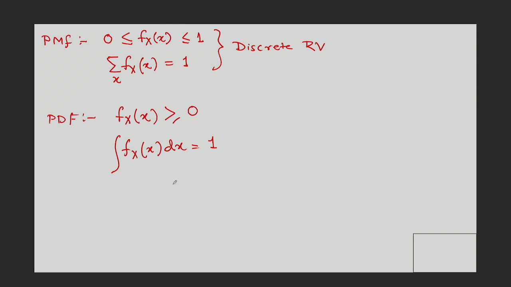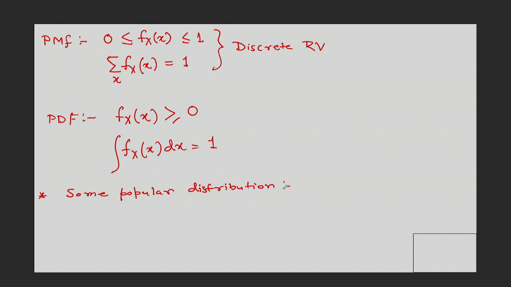So the first example that we discussed was some popular distributions. Again, this term distribution I am using in a generic sense. When I say some popular distribution, I'm also going to give examples of PMFs, and I'm obviously going to give examples of PDFs. So the first distribution we discussed yesterday was